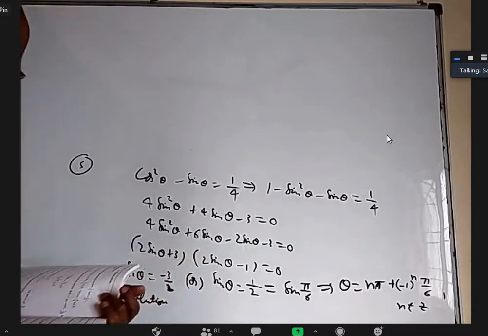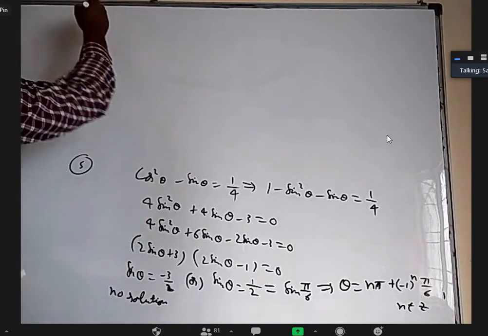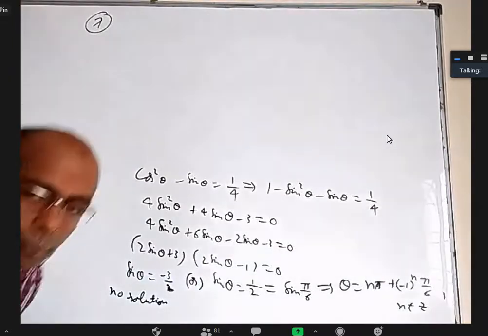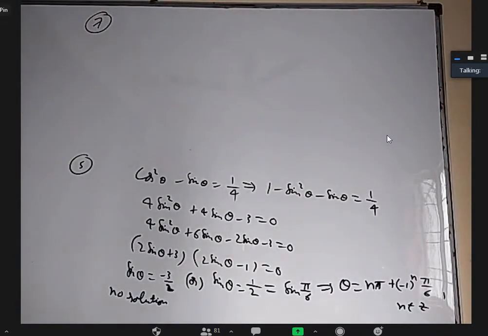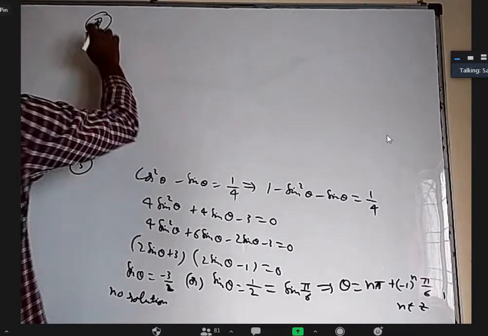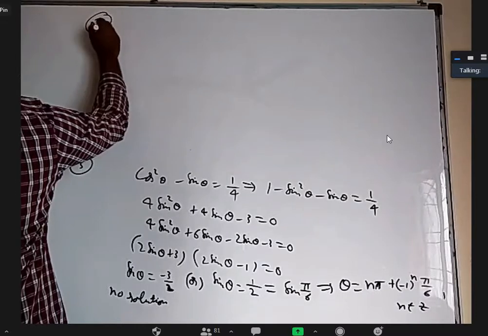Okay, seventh one. Anybody want to give a hint for seventh one? Sir, what's the question, sir? Seventh one, how to proceed? Anybody want to give a hint? You want to know what is the question? Tan x plus tan 4x plus tan 7x is equal to tan x into tan 4x into tan 7x. I hope most of you have hard copies of the material, right? Yes, sir. Okay.